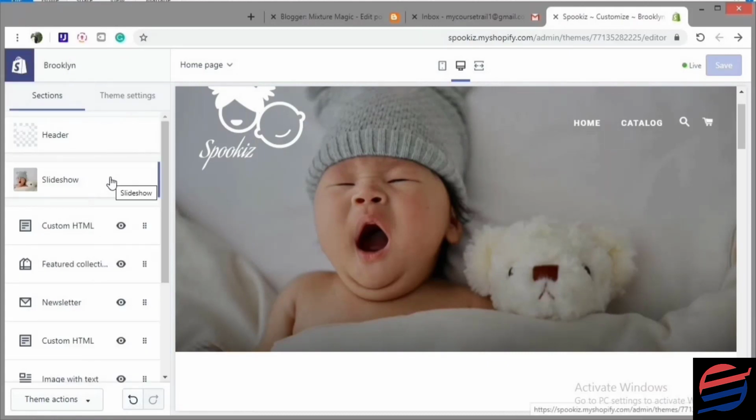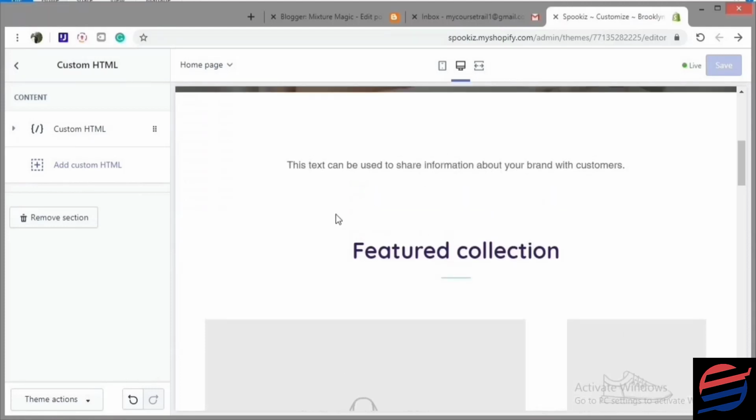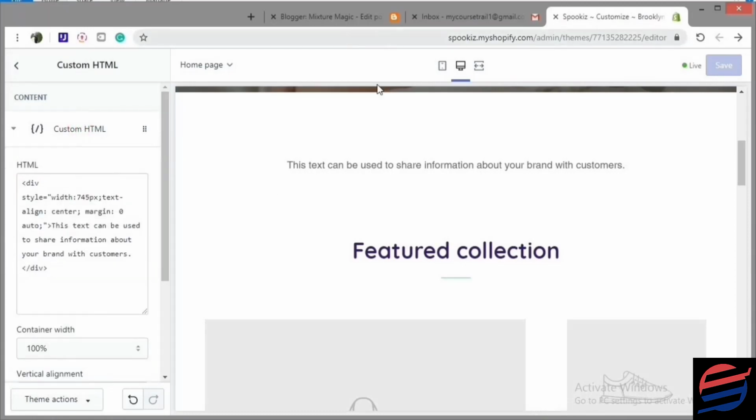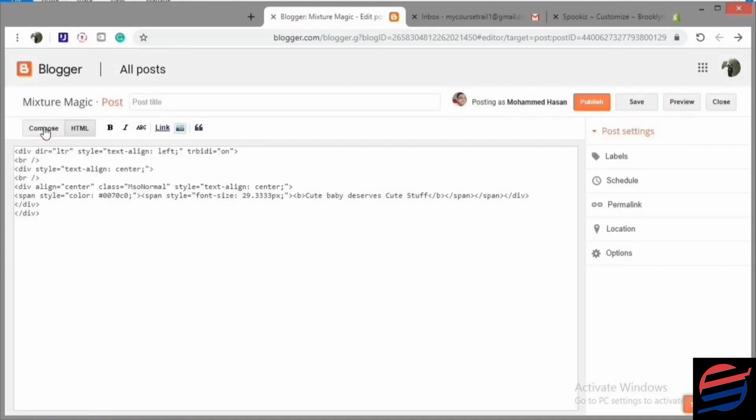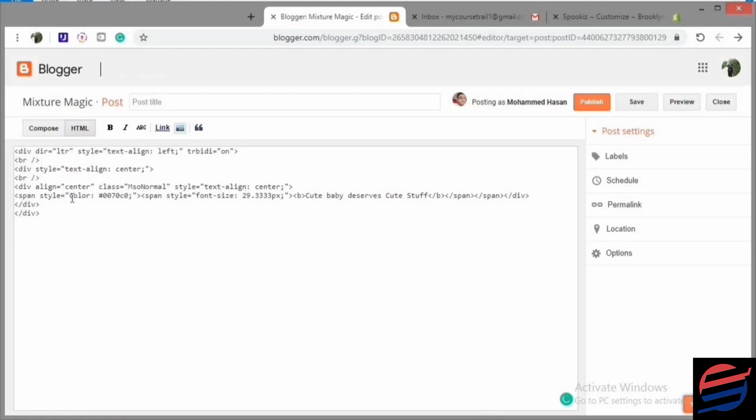So the next thing is custom HTML. We use HTML code to generate text, sentence, anything you would like to write in this section. For me, I use Blogger, for example, to write any text in Compose. When I compose a blog post, I write any sentence, for example, cute baby deserves cute stuff. Then go ahead to the HTML section, copy the whole code,